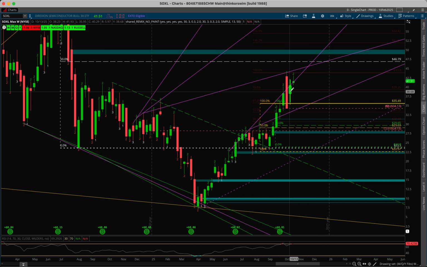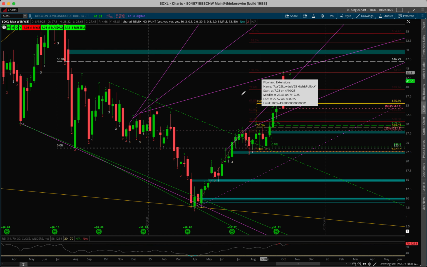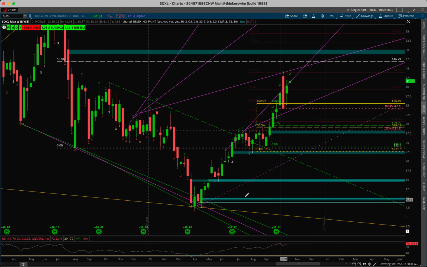That did present us with the opportunity for the 2-1-2 continuation to the upside, magnitude being the high of this 2, but it does also give the opportunity to set up a 1-2 up, and then next week get a 2 down, which would then have a magnitude of the low of this 2. So we want to keep in mind that, again, here's the 100 fib extension, a little bit more easy to see here on this week